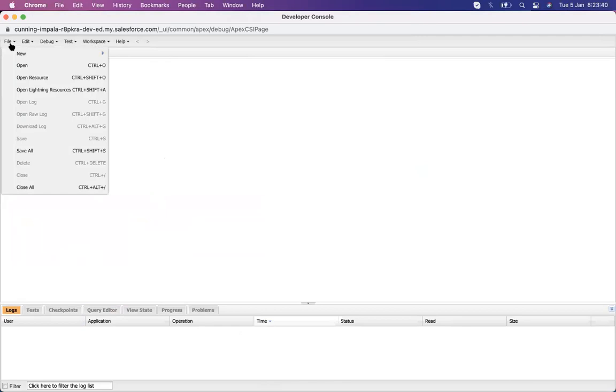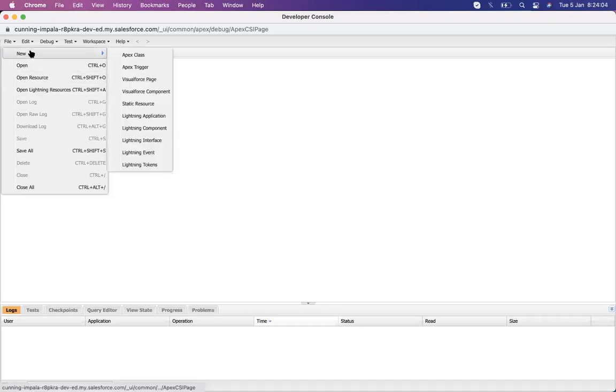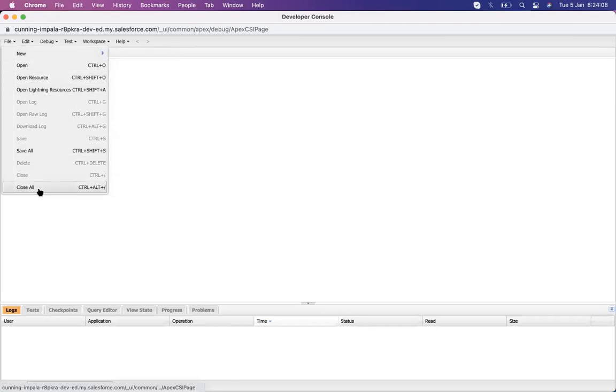And from the menu, just like from a file menu, we can create a new one. We have learned that the file menu always has options: either we can create a new one, open an existing one, or close the window. The same thing is also available up here. We can create new components, open existing components, or save or close the components.